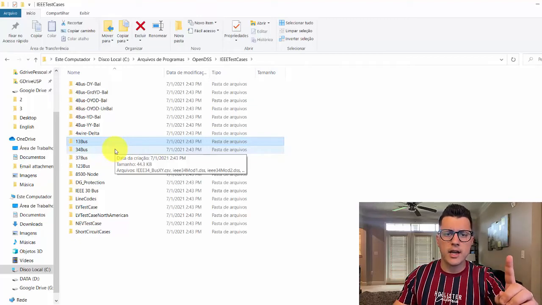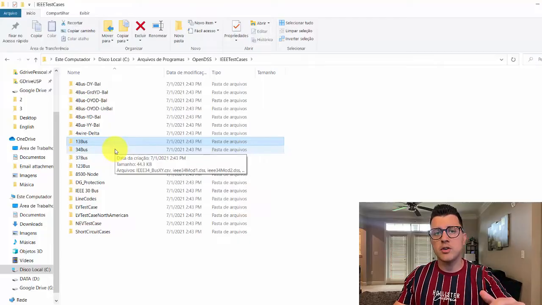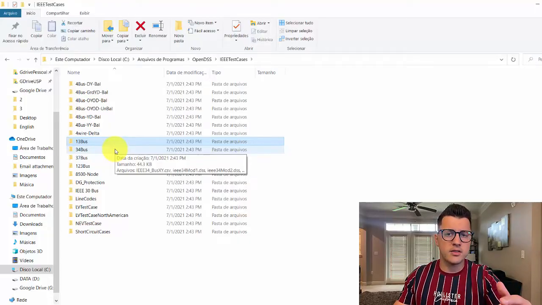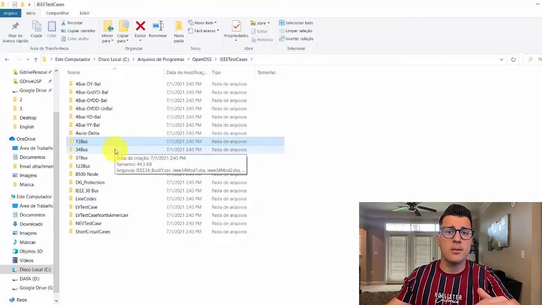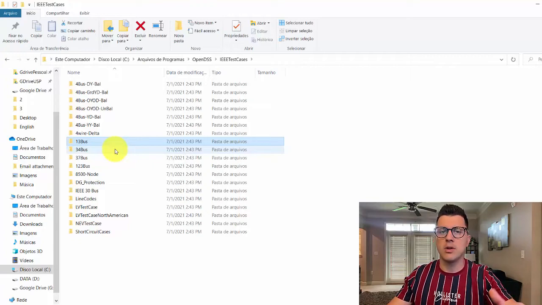However, I would like to mention something that Roger always says. He says that this 13 bus is not a very interesting feeder to be used in your studies. For instance, if you are trying to evaluate the impact of the regulator in the losses or smart inverter in some aspect of the feeder, don't use this feeder because it's not very